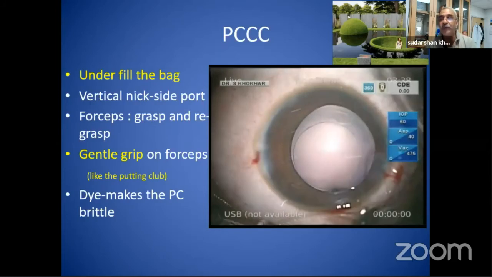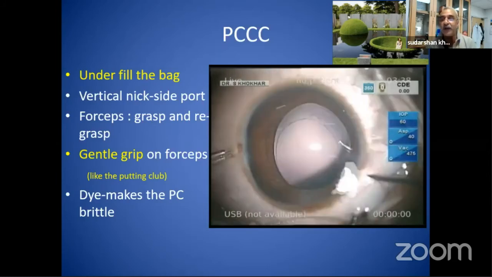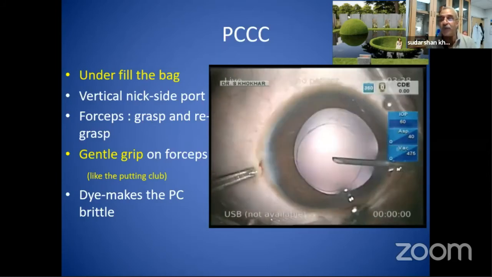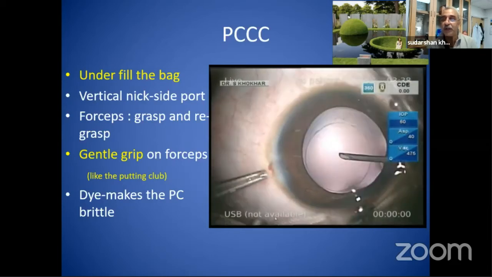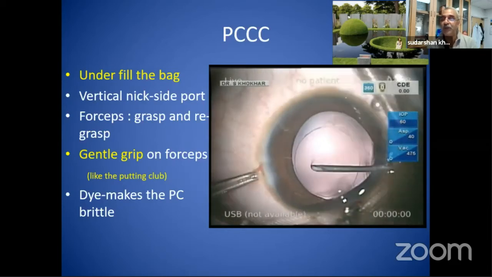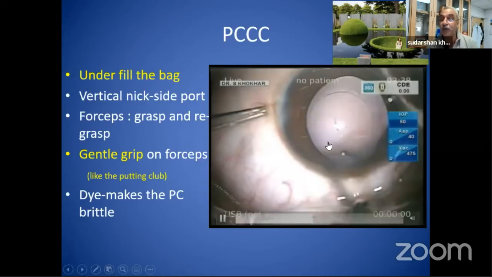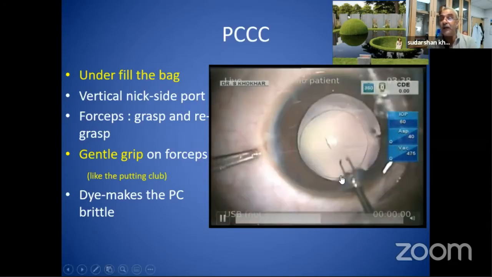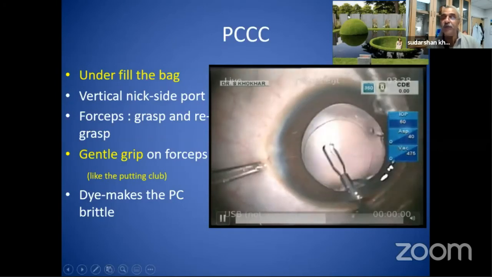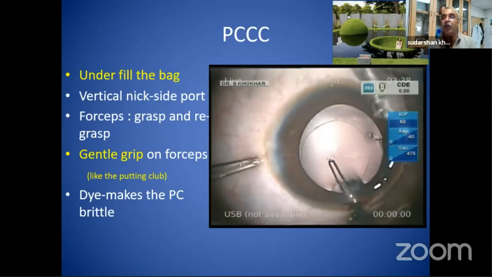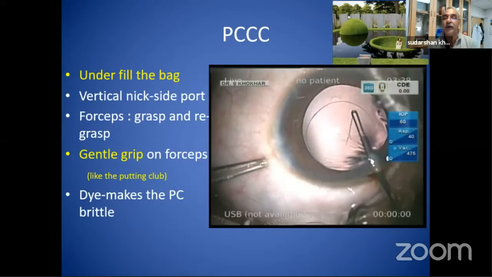Do not overfill the posterior bag. If you overfill the bag, this will always run off. So I come from the side port, again give a nick and push it off, and you see how elastic it is. And again, similarly, I'm coming from there to the main incision now. And here I'm always using the longer forceps, because the distance has gone up and there's more volume with me now, and I can control it.